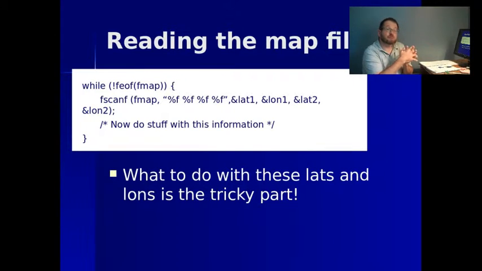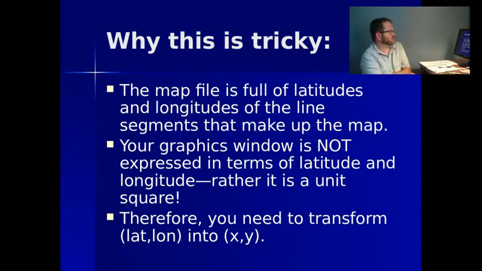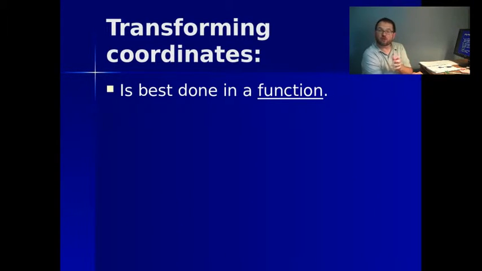Now I'm going to talk to you about that right now, but there's also an appendix in the textbook about interpolation that you might find helpful as well. It kind of depends on how much you remember interpolation. See, this map file is full of these latitudes and longitudes that make up the segments of the map, but your graphics window is not really expressed that way. You can't tell it to plot a point from 40 north, 100 west to 41 north, 95 west. The coordinate system doesn't know anything about that. You need to transform that into the XY coordinate system that C-Graphics is using,